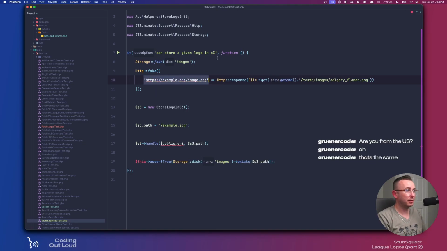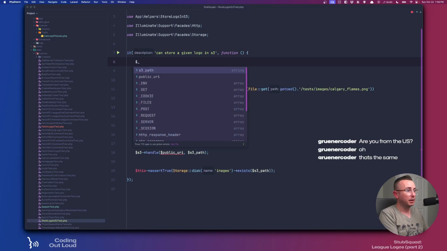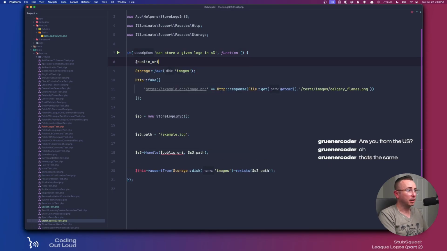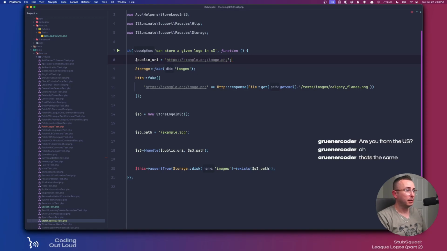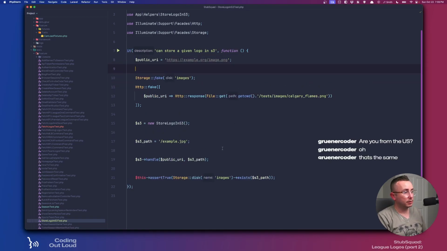We want to go like this. So this is going to be public URI equals that. And then this can be public URI as well. Okay, so now,